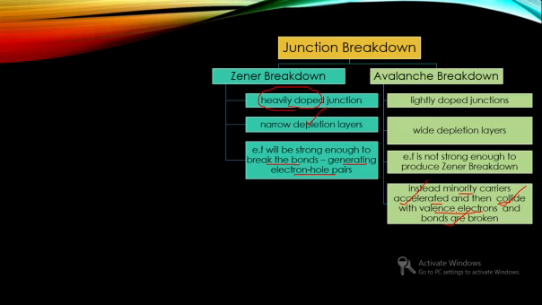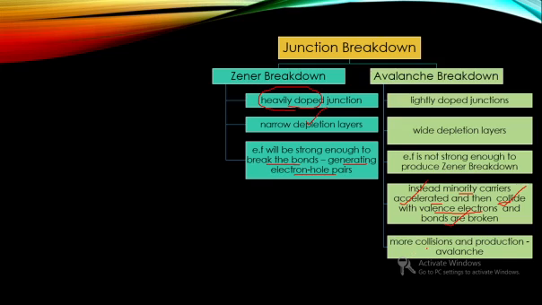Whatever electrons are produced as free will collide with further valence electrons, and further collision and production will happen. So it will be like a multiplication process. That is why the name avalanche is given. Here you can see one free electron can collide with another electron. Now you have two electrons free, the parent one and the second one. These two can collide with two electrons, and correspondingly two more electrons are generated. So totally you will have 2 plus 2, 4 electrons.